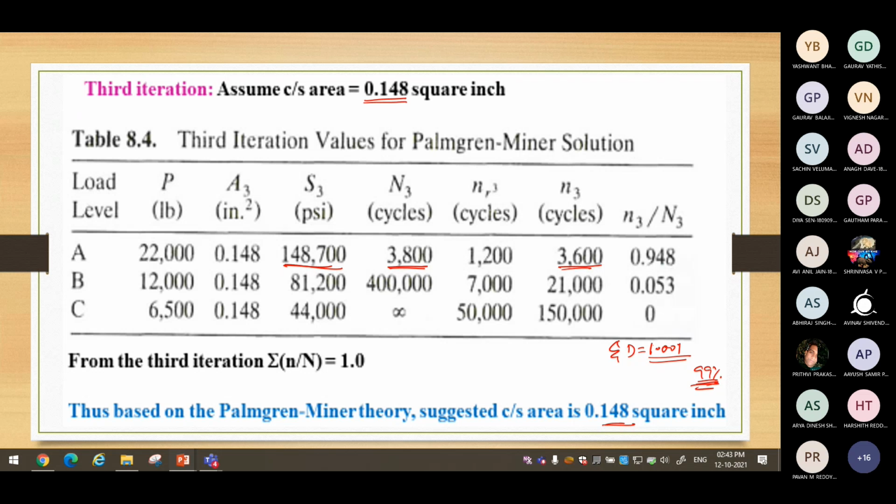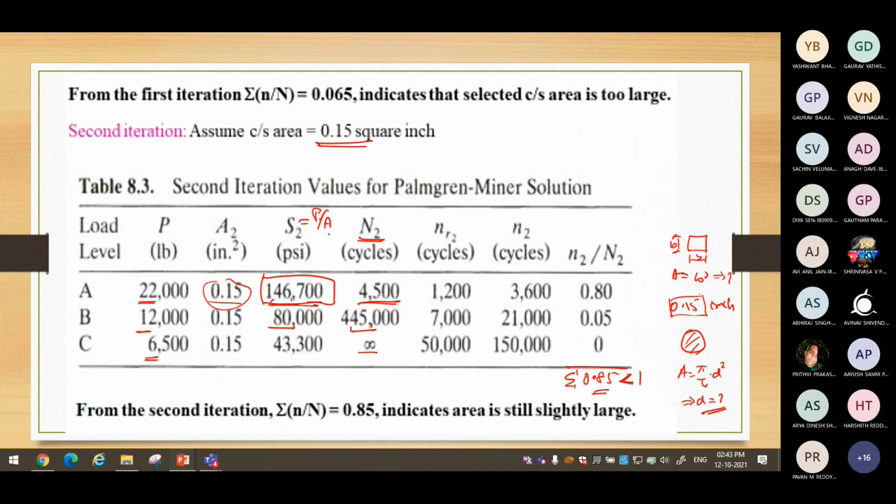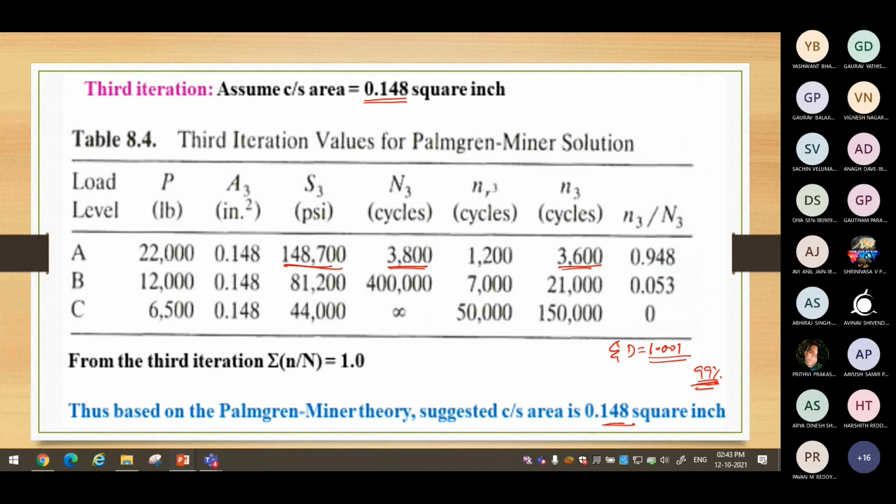Nobody can say that the previous value 0.14 is right, or that 0.148 is always right. Either way, it has its own benefits and its own cons. So we have to look into that. Okay. Up to what extent you want to take risk, accordingly you decide now. So the values are there. Suggesting is now the designer's choice. He has to plan, he has to decide depending on how reliable his data was.